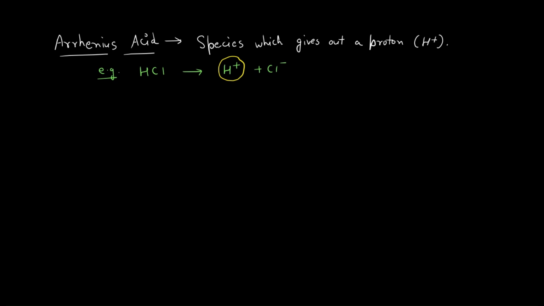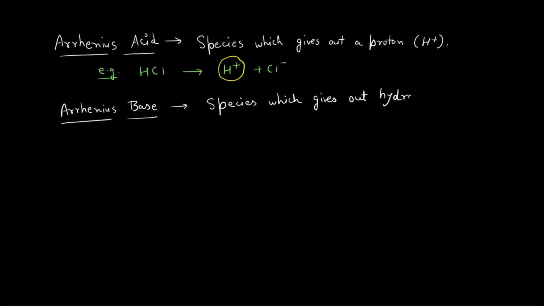Now what is Arrhenius base? Arrhenius base is a species which gives out hydroxyl ion. So what is hydroxyl ion? OH negative ion. For example,